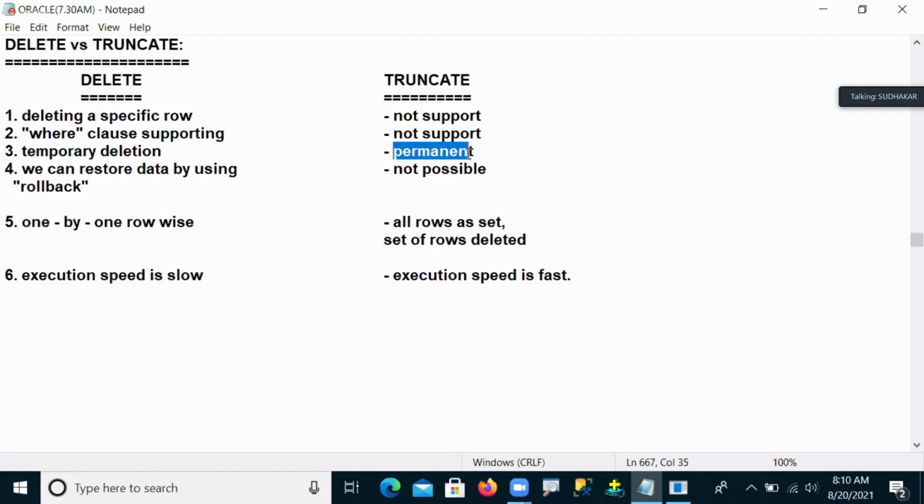Suppose you are working in a company, either your team lead or project lead, whoever is your leading person for your team, you have to ask them. Without permission of the team lead or project lead, you can't use this truncate command, because it's a very dangerous command. Once you apply it, your data is permanently deleted, and there is no chance of restoring your data. So that's why it's very, very dangerous.